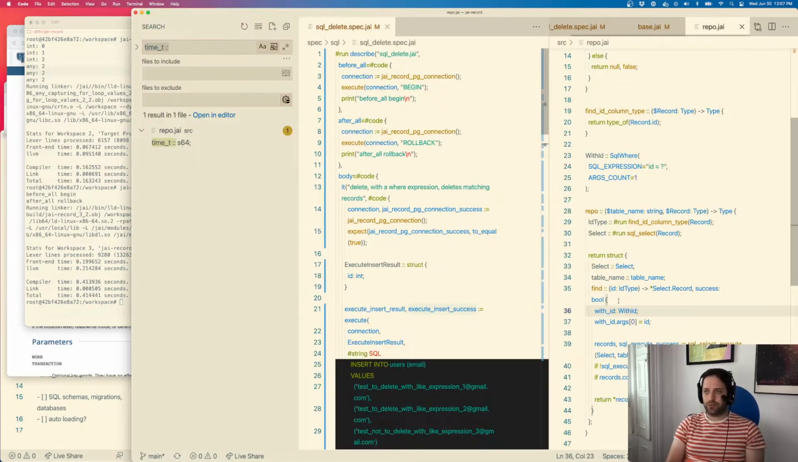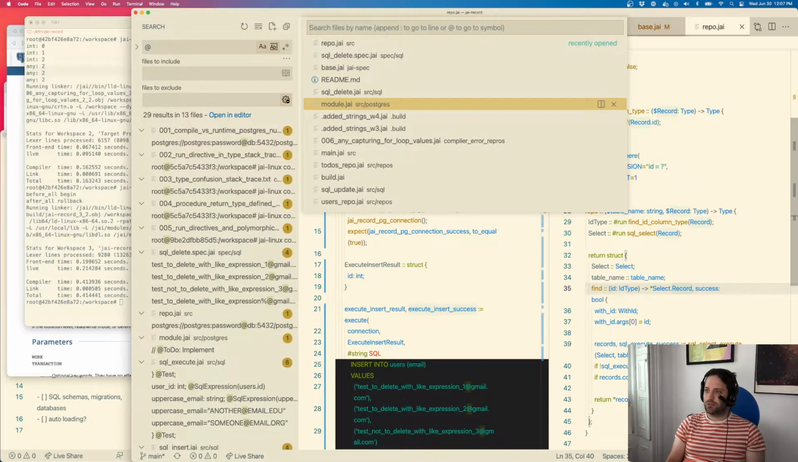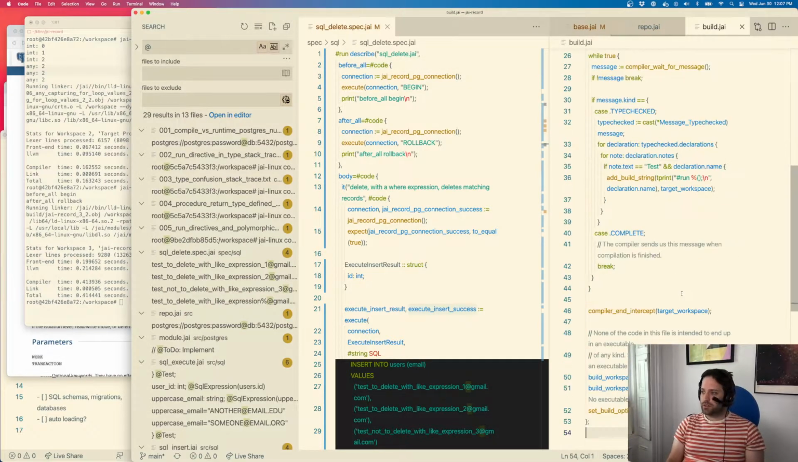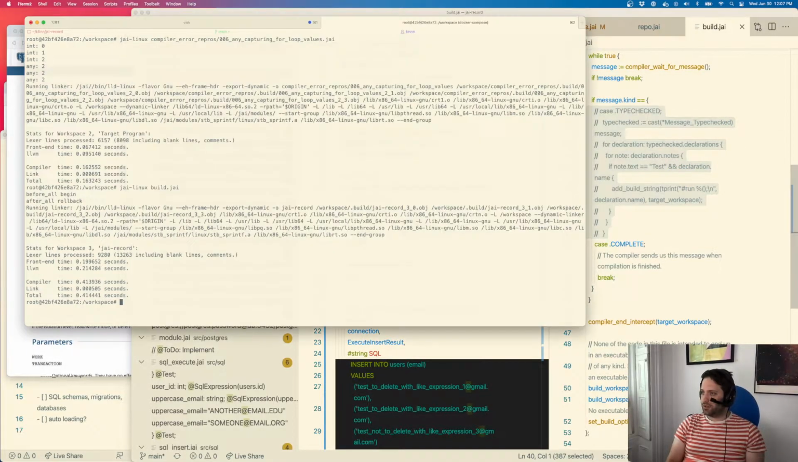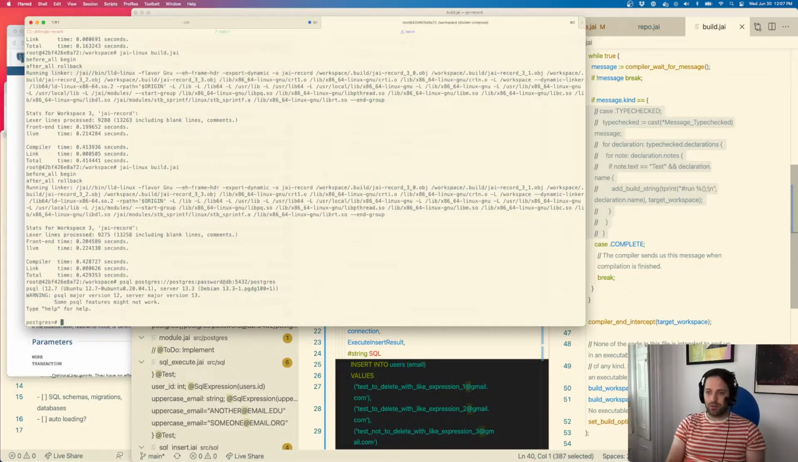We have a bunch of other things marked test. I think what I want to do is just disable it in build.j. Disable this. Just don't actually do it. Disable that whole thing. All right, and we can see we're at least printing begin, we're printing rollback. And then if we hit the psql,